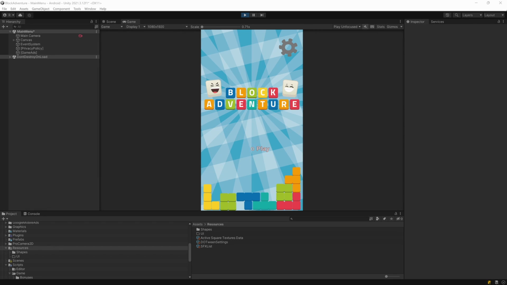Today I will show you how you can create the GDPR consent pop-up in your game using the new UI